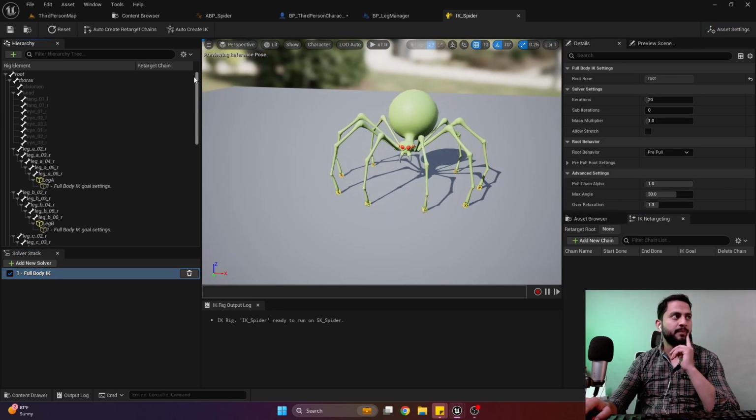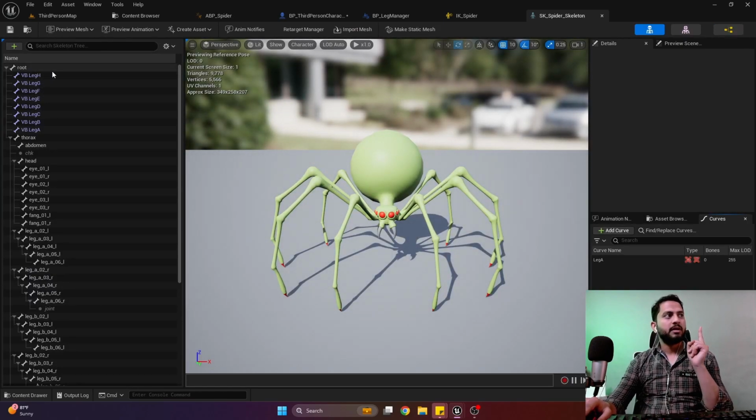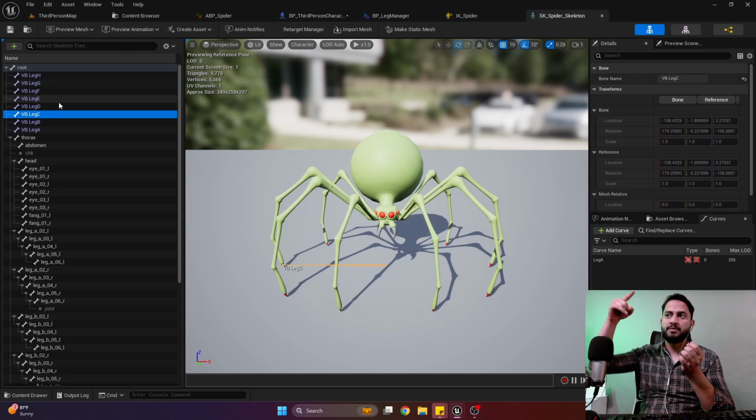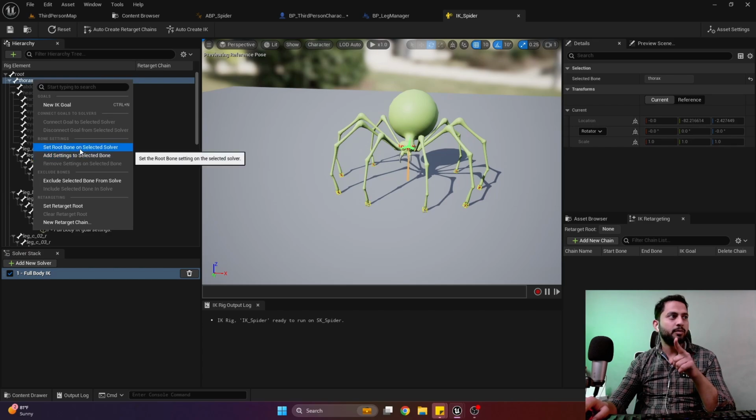IK Rig which we have set up. So our root bone for the full body IK solver is root bone, which is the top of the root. And if I open the skeleton hierarchy, the virtual bones are also the child of the root. So due to that, once the virtual bones get separated, the root gets separated and the mesh keeps moving up and up. And in order to fix this, all we need to do is just simply select this full body IK solver, right click on the first child of the root, thorax, and right click,